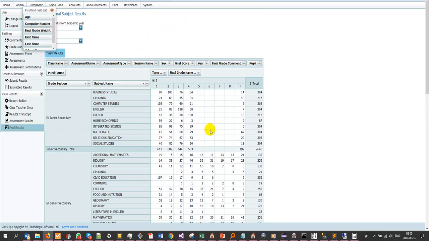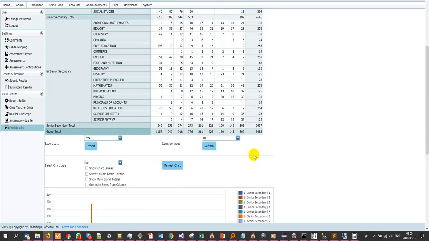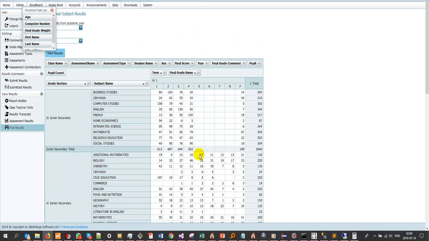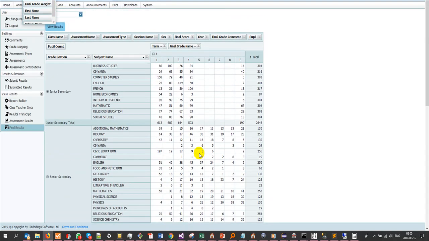Yeah, like that. The juniors, of course, only have 1 to 4 and then F. And at least, yes, there never fails to be an F. Soldiers saluting, they're always there. Yeah, so it's the same thing that we did. You can again try to generate some graphs and see, okay, how many passed, how many failed, and all these things. And like I showed you on the desktop in the other video, even here you can say, well, I'm